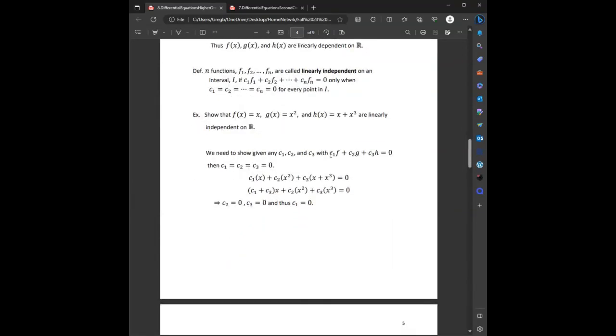And so the example given is show that f of x equals x, g of x equals x squared, h of x equals x plus x cubed are linearly independent on R. And so I need more highlighting. Start highlighting stuff. Thank you. We need to show that any C1, C2, and C3